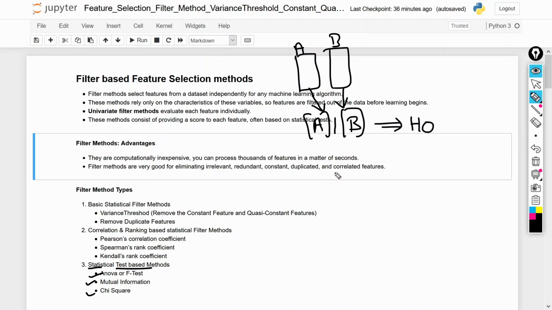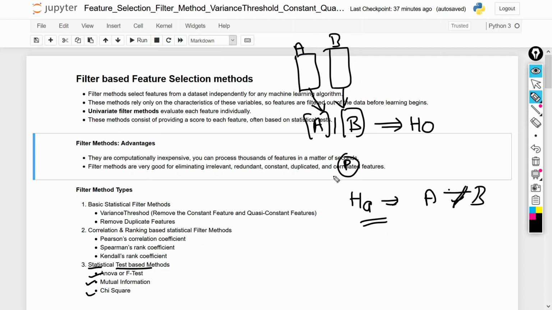Let's consider the p-value mostly. So we perform the p-value analysis by using the z-test or t-test and some other methods, and we try to prove this. If we are not able to prove this, in that case our alternate hypothesis will be accepted. It means both data sets are not equal. So this way we perform some statistical tests.